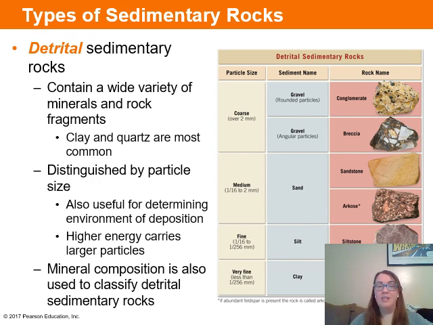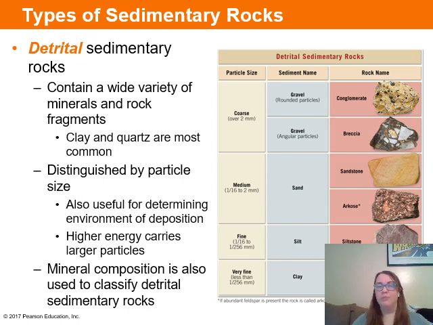But looking at the size of these particles is also going to tell us what kind of environment these particles were deposited in when they were just left behind. So we're going to see that the larger the particle is, the heavier that particle will be. So we're going to see differences in the amount of energy in these environments. So for example, if we're looking at a really fast-moving river, that fast-moving river has a lot of energy inside of it, meaning that it has the energy to move larger, heavier particles, like these coarse-grained detrital rocks at the